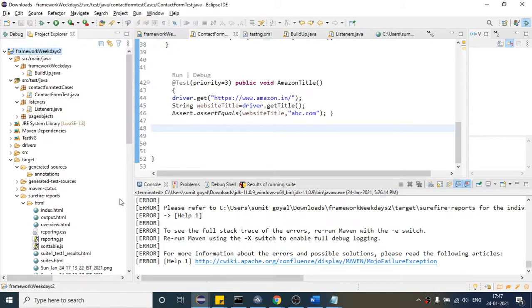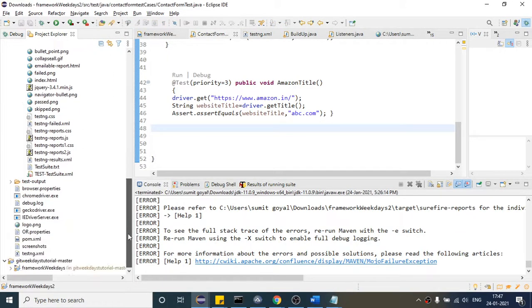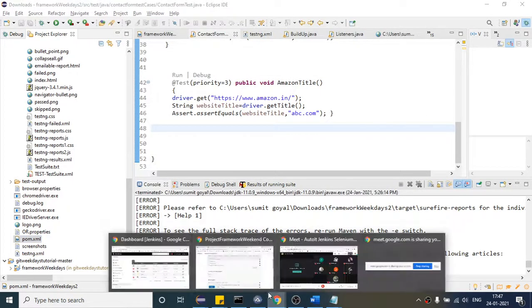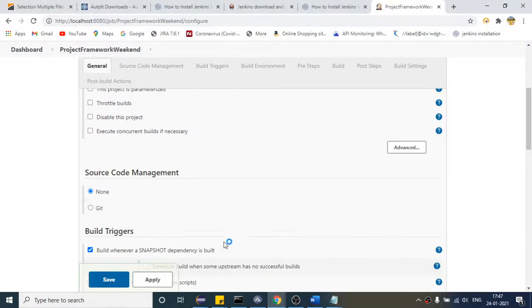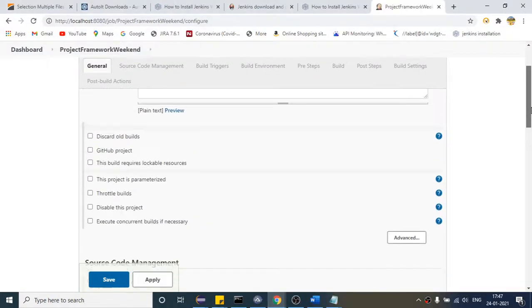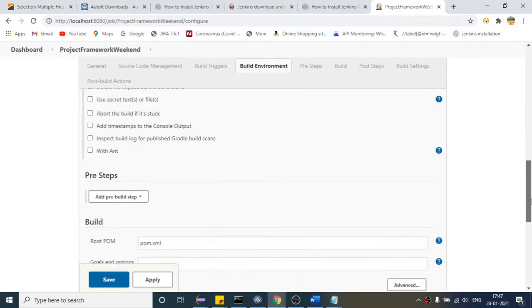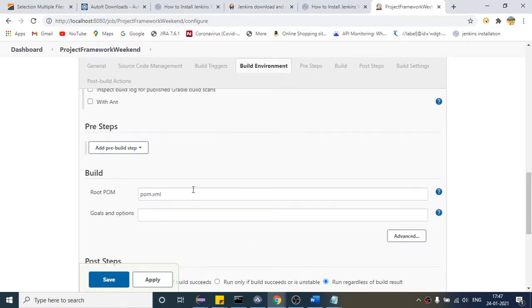Where is my pom.xml present? If you want to see, press Alt Enter, it will open this box. Provide the complete path of pom.xml here, right?